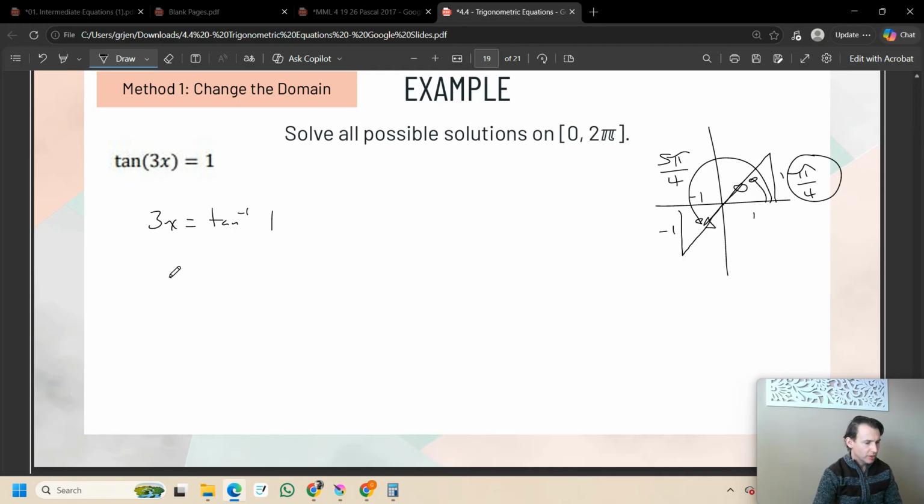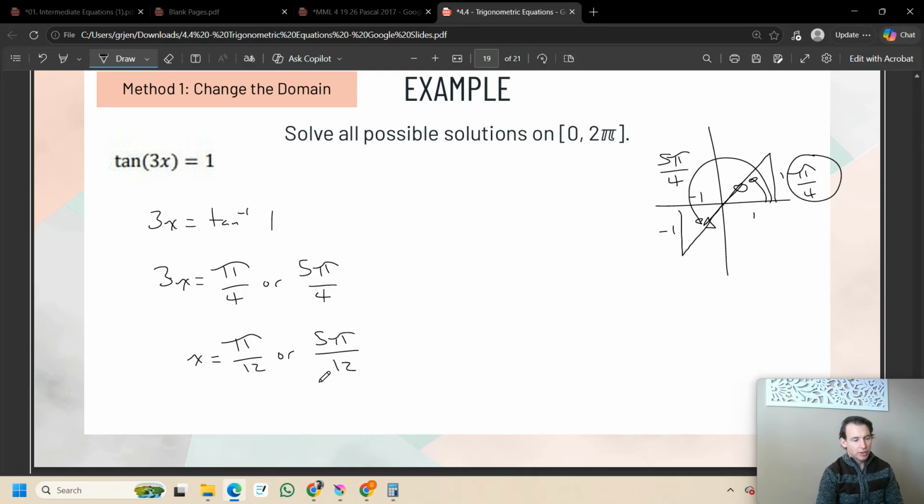Okay, so we have 3x is equal to pi by 4 or 5 pi by 4. Divide both sides by 3 gives you x is equal to pi by 12 or 5 pi by 12. Now we are 3, right? So we can add some things to our solutions to go around the circle another time. If I increase x,